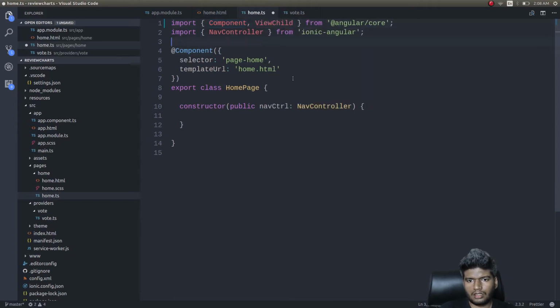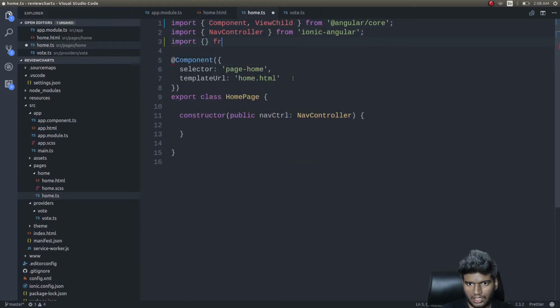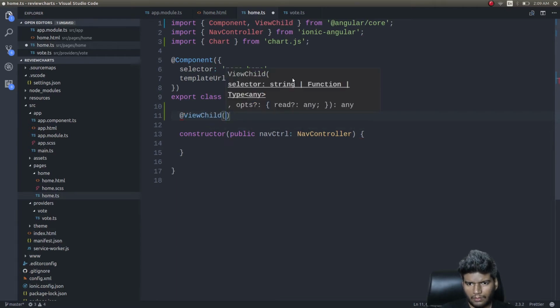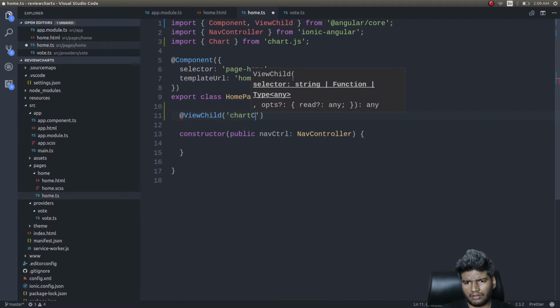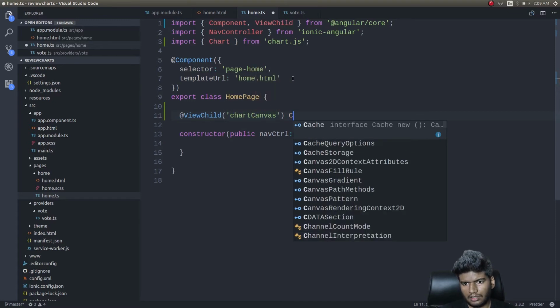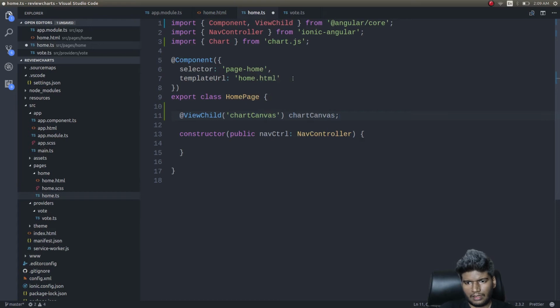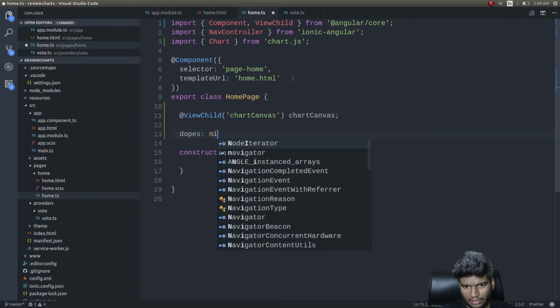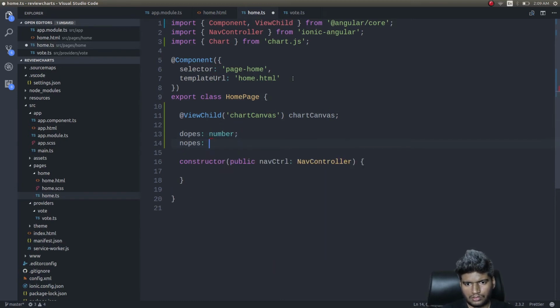View child, and we'll go ahead and add imports for the chart as well. Okay, and at view child, what was that? Chart canvas, right? Canvas, and dopes number, nopes number,